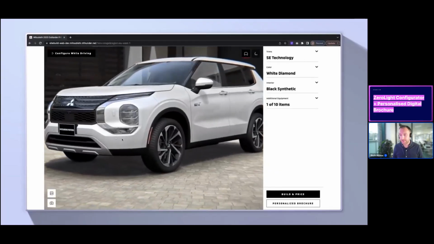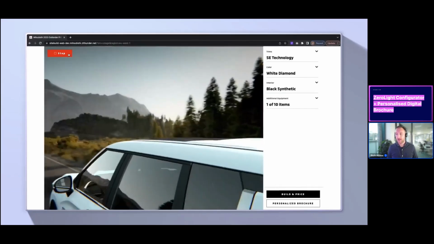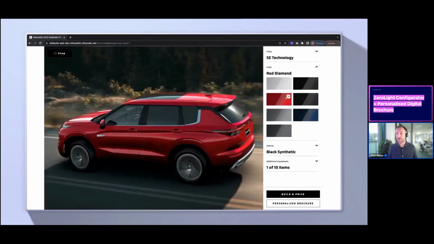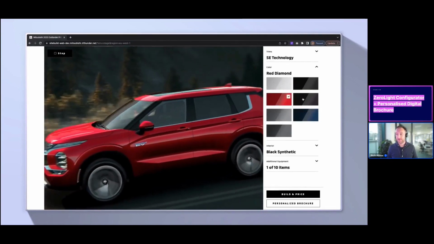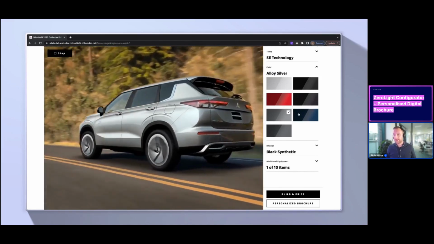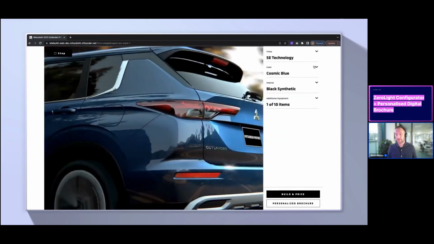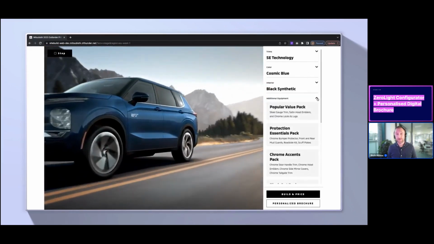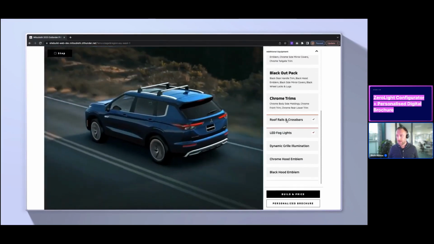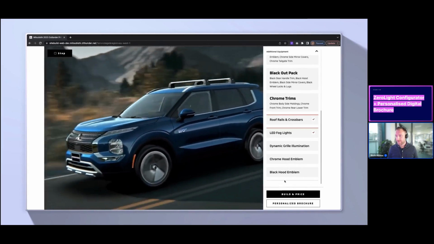Let's have a look at what the Mitsubishi configurator looks like. So, a model in a 3D stream. We also created this cinematic driving template where they can configure the vehicle in stream as well. So a customer is here interacting, choosing different paints. All of the options here are available to them. They've also got rim choices, but also accessories as well. So in this case, I think we're going to go for some roof bars. That's great.